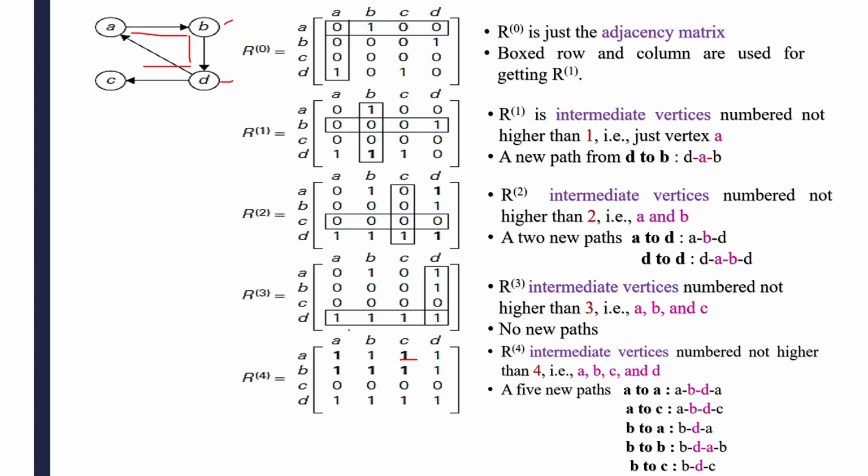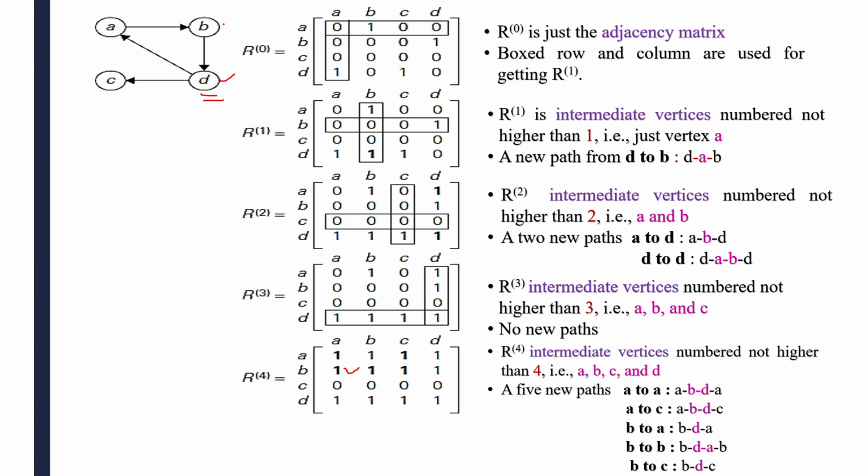Next, B to A here. So B to A, earlier there is no path, but I can take D as an intermediate now. See here, A, B, C, D, any one you can take as an intermediate, or more than one can also be taken as intermediates to reach that particular node now. So B to A, earlier there is no path, but with the help of D as an intermediate, now I got that path.